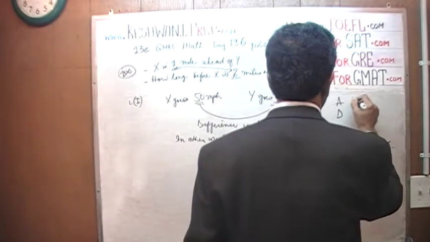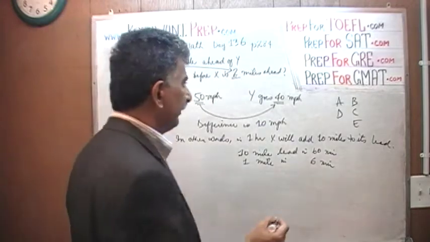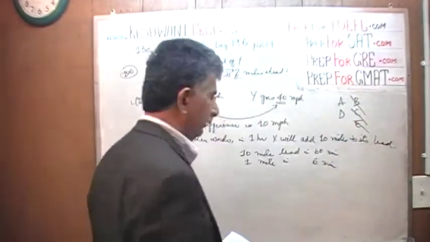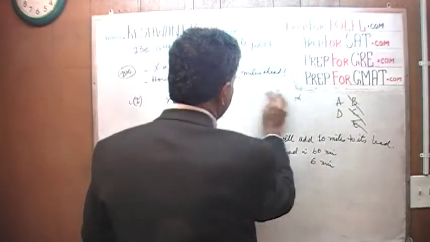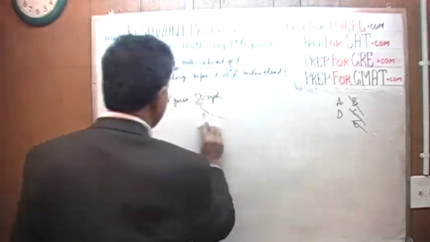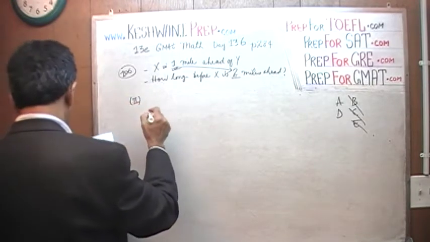A, D, B, C, E. Since the first statement by itself is enough, the answer cannot be B, C, or E. It will have to be either A or D. Let's look at second statement. In the second statement they tell us that 3 minutes ago,